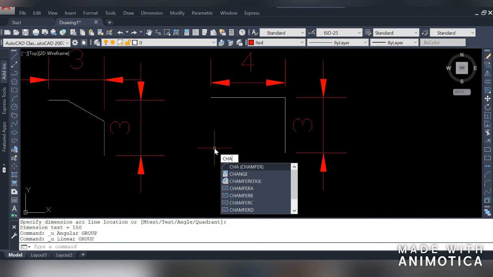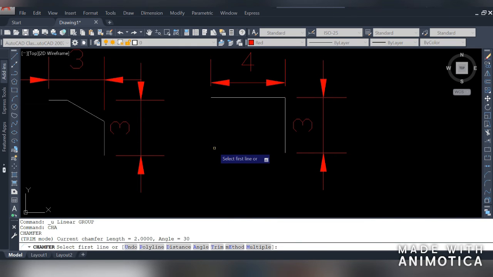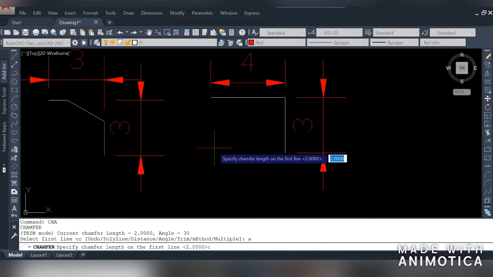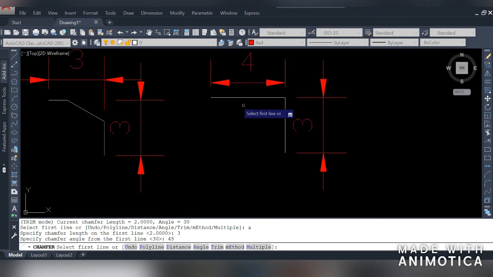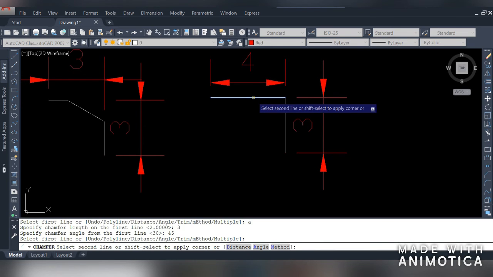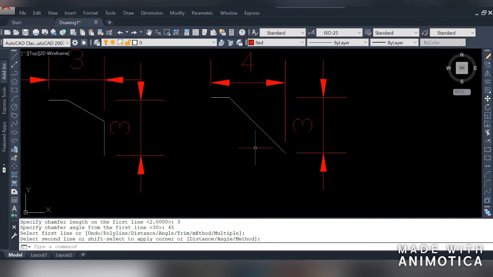Choose chamfer command, type A to choose angle method, specify the first chamfer distance. Now specify the angle, say the angle is 45 degree, press enter. Now select the first object and then the second object.